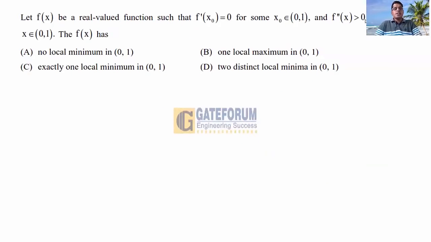The question is: let f of x be a real valued function such that f dash x naught is equal to 0 for some x naught belongs to the open interval 0 comma 1, and f double dash x greater than 0 for all x belongs to 0 comma 1. Then f of x has four options A, B, C, D given. This question is from engineering mathematics, from the topic differential calculus, maxima minima subtopic. The solution is